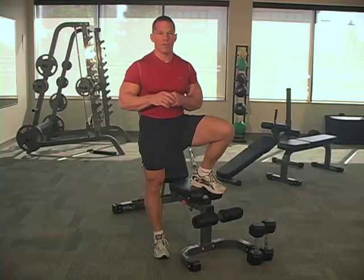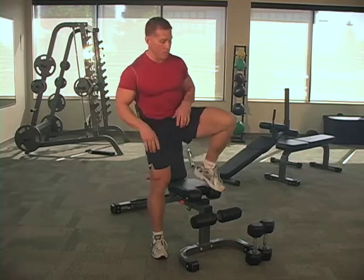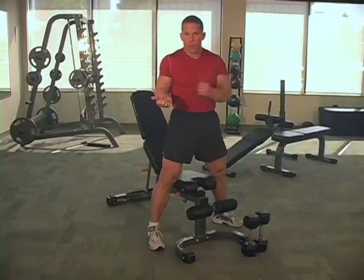Got a great bicep movement for you. It's a dumbbell seated curl, but here's the kick. We call it the Spiderman curls. Just like Spiderman shoots his web out like this by dropping his knuckles and the web comes out here, we're